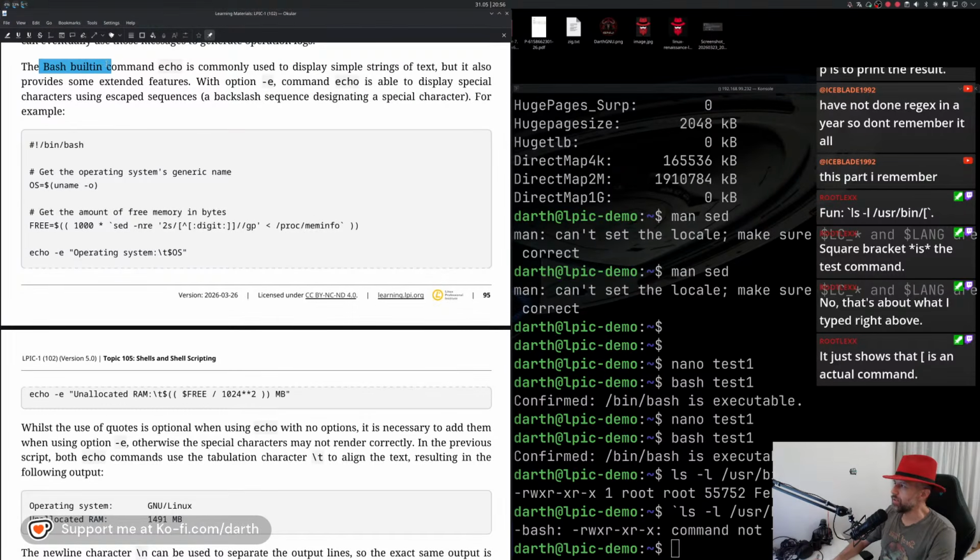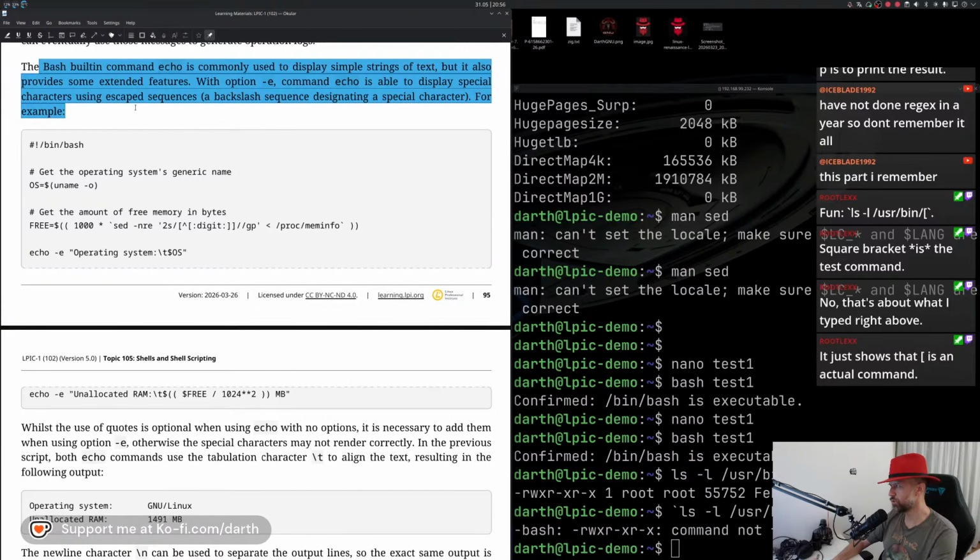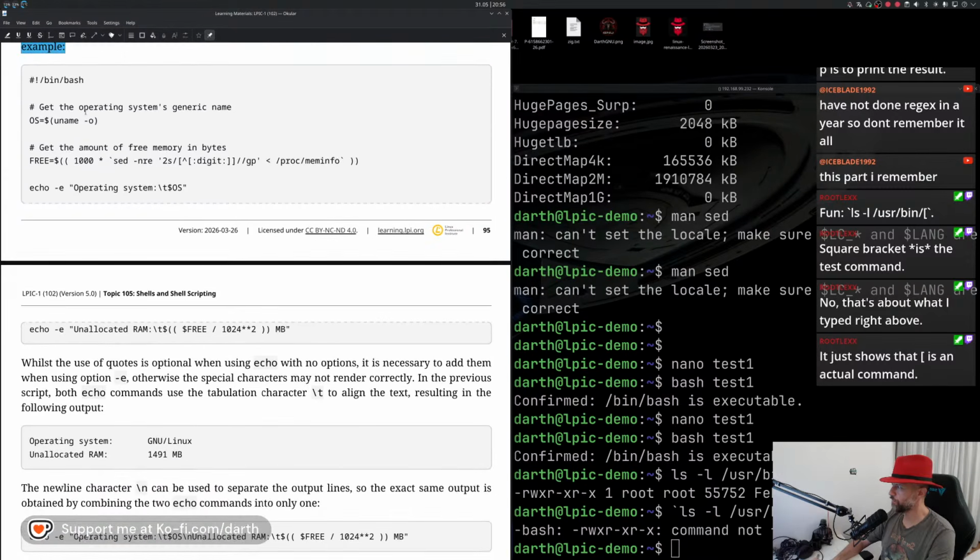The bash built-in command echo is commonly used to display simple strings of text, but it also provides some extended features. With option -e, command echo is able to display special characters using escaped sequences. A backslash sequence designates a special character. For example, where is the echo command. Okay, and echo -e operating system is,